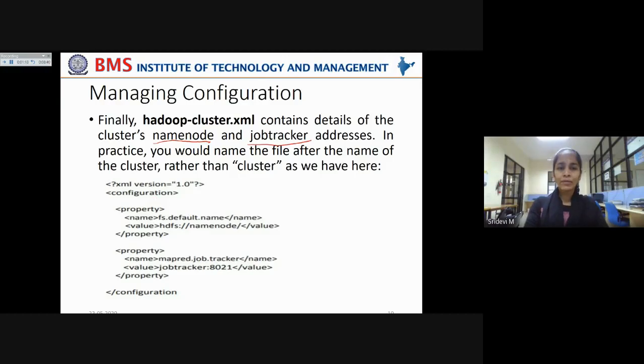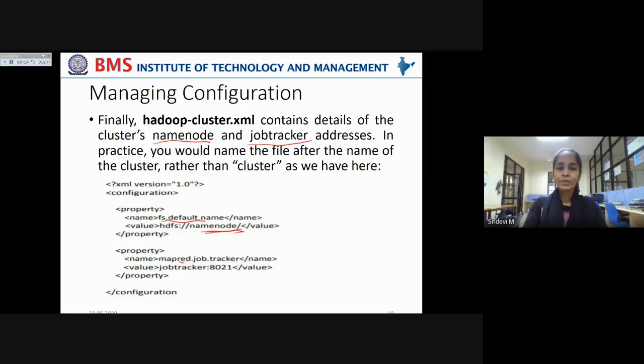Okay. Now under this configuration file, you're using fs.default.name and taking the name node. Here you can change the name node according to the cluster name. Say this name node is residing on cluster 1, you can give it as cluster 1 name node. Or if it is on cluster 2, you can give it as cluster 2 name node. Or sometimes the name node also can be identified by using the root directory under which all the files are held by this name node. Okay, it depends on the user how to specify the name.